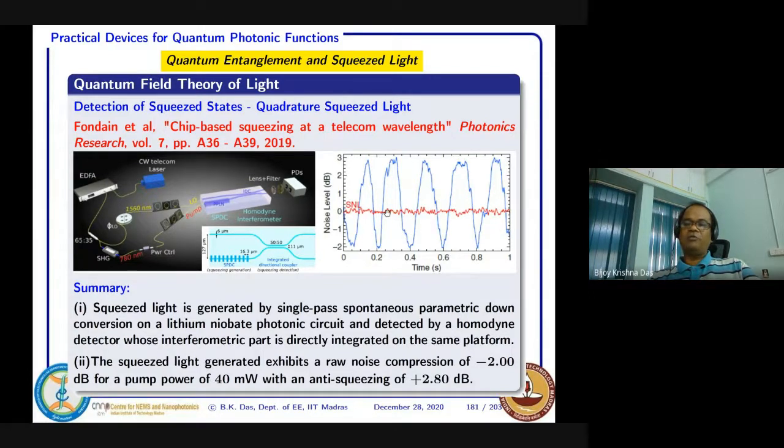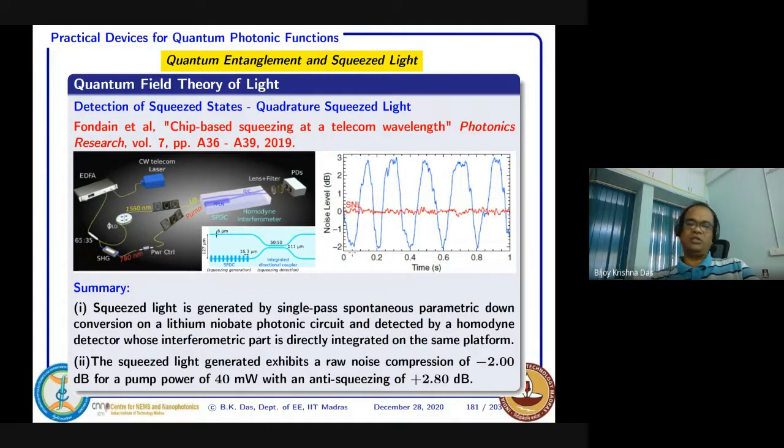You know how we can extract the noise things we have explained earlier. You can follow that thing, whatever we discussed. This shot noise level is this one. Then when you are getting a certain phase, then it is minimum. That means you are setting to measure in one quadrature. One quadrature you are measuring. That is the squeezed quadrature. Normally, one field quadrature you are squeezing means the other field quadrature will be relaxed.